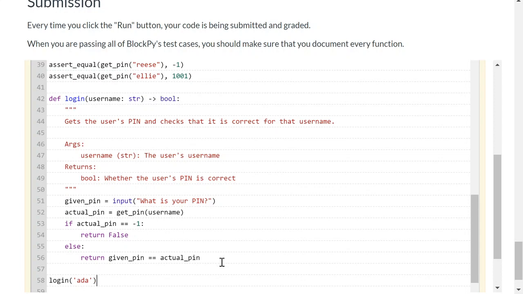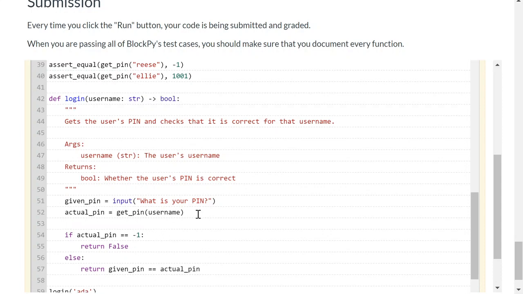So we're going to call login passing in Ada, and when the box appears, we'll type in 1, 2, 3, 4. But we're going to make a small addition to our code. We're going to add in a print statement. We'll put it right here near the middle of the program. This is the wolf fence debugging technique. We divide the program into 2 halves, try and narrow down where the issue is, and we'll print out some